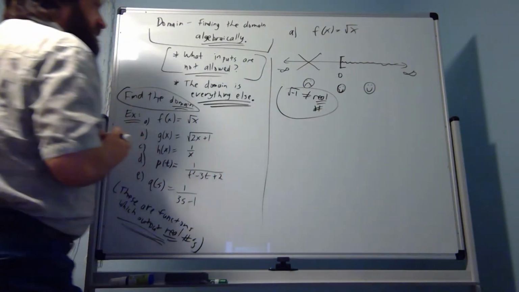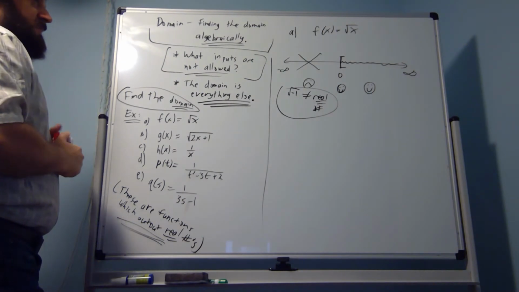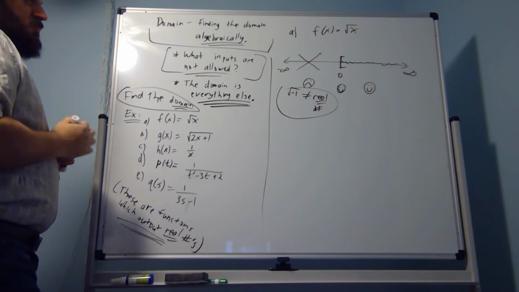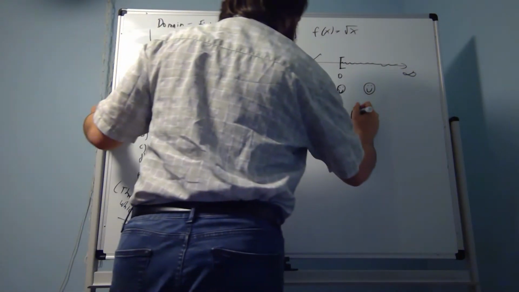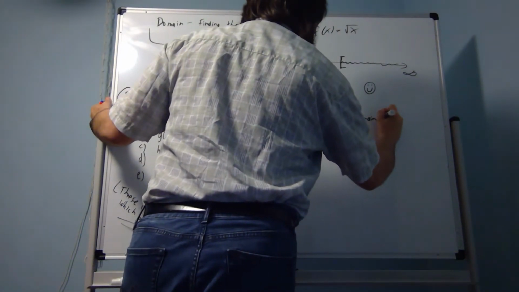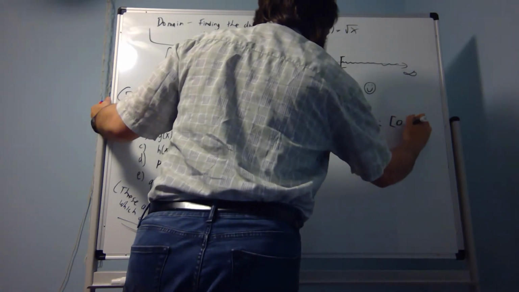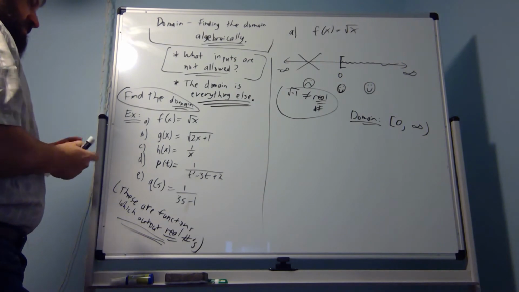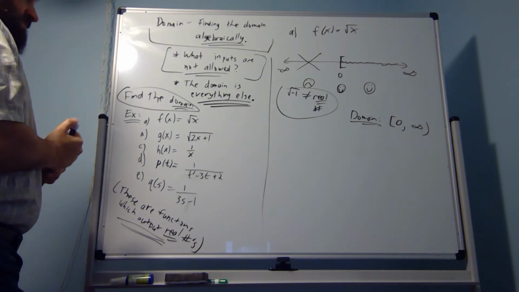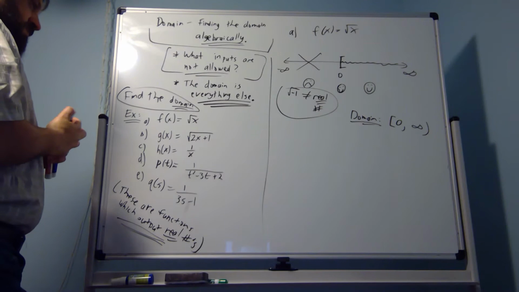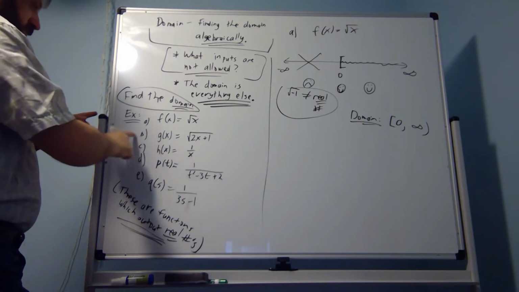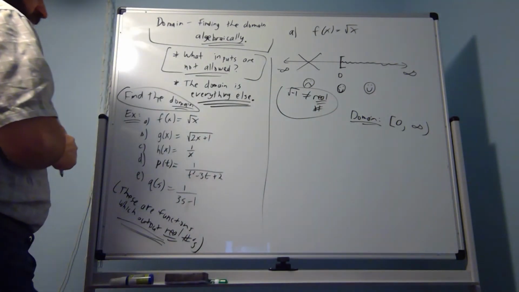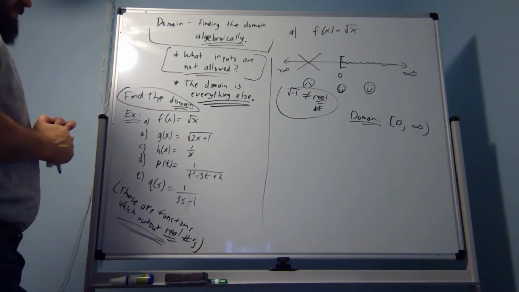So if we define f to be a real valued function, the domain can only begin at 0, and then it keeps going to the right. Okay, so we'll get something similar for B, but what we have is a mathematical expression, and